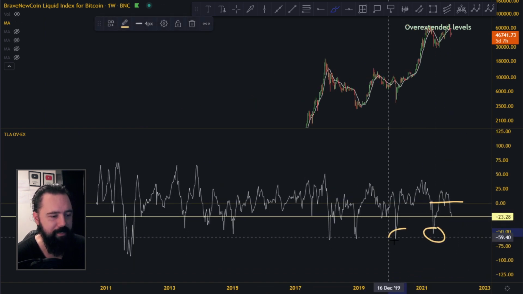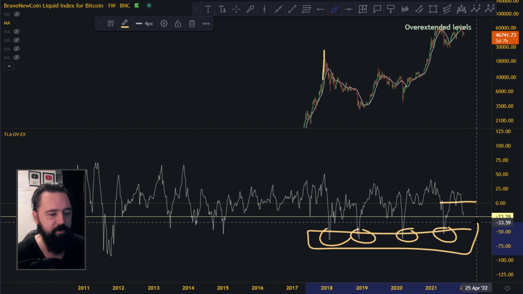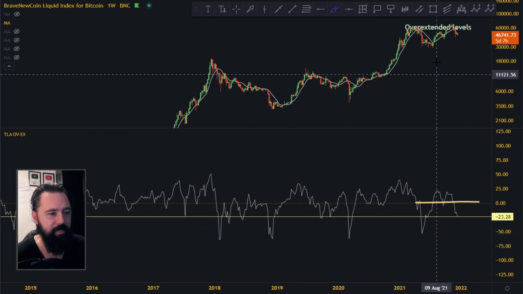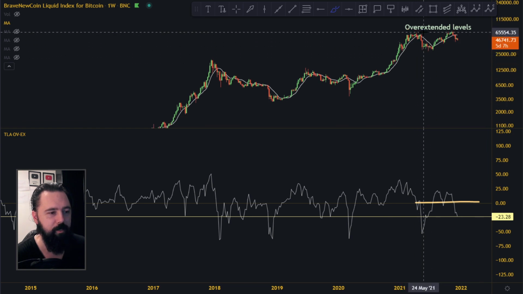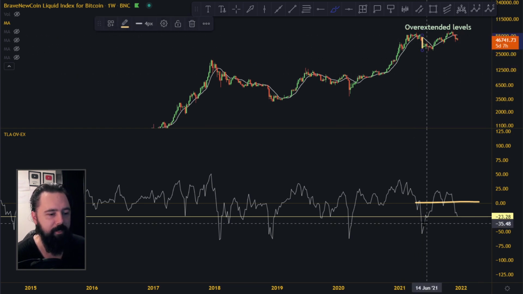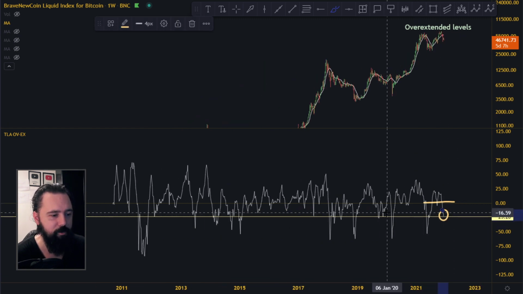Now, we are not on these levels down here, and as you'll notice, since 2017 these levels only happened 4 times. The last time this kind of level happened was down here at the big dump after the bull run. Kind of took a break. That was the big dump down here. But right now we are on some very extended levels that do not happen that often.